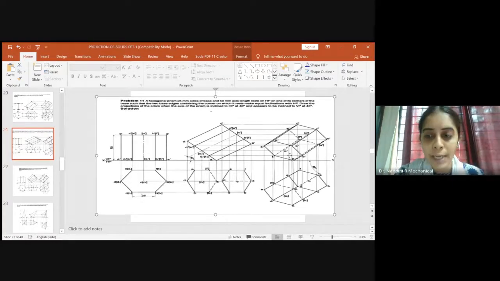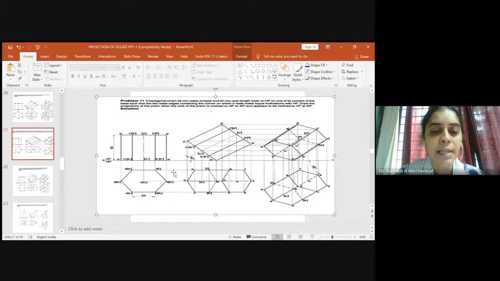First you draw the XY line. Then you leave some space and just draw a horizontal line, because you have to have the space such that you will construct the entire hexagonal surface here. So leave some space and down you draw a horizontal line. Once you draw the horizontal line, you see what is the dimension which has been asked. It is 25 mm. So please measure 25 mm. And later you are constructing the hexagonal prism.